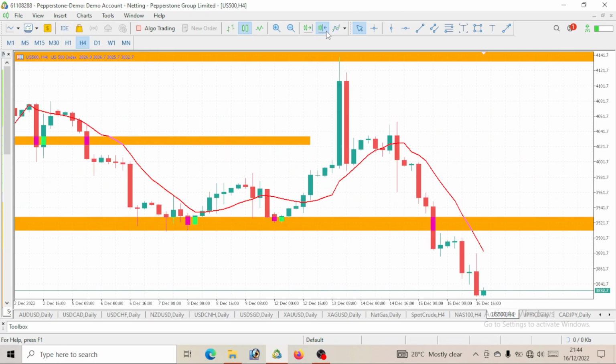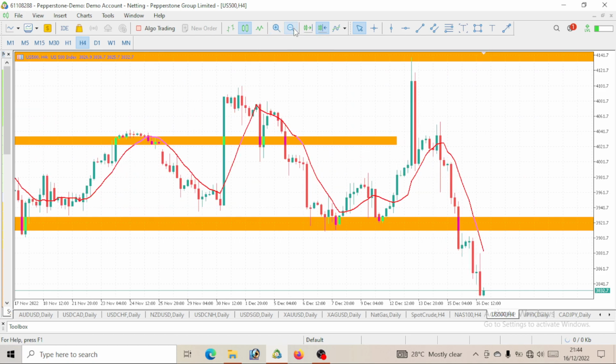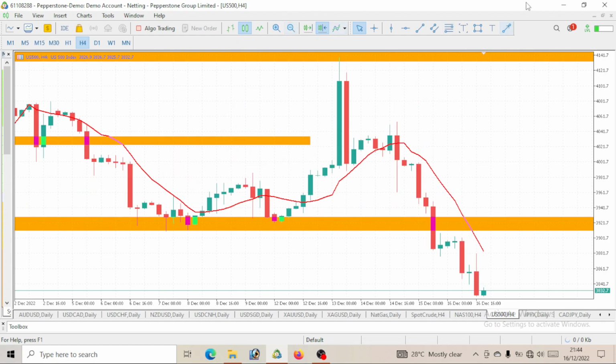Now let's see what this 4-hour time frame says. We would want to short and sell S&P 500, so we go to the 4-hour time frame. We clearly consider that this is a bearish move on the 4-hour time frame. Assuming we were seeing higher highs and higher lows on the 4-hour time frame and we wanted to sell, the advice would be to stay out of that trade and not place any trade. But clearly we can see lower lows and lower highs on the 4-hour time frame. So we can now take this as an opportunity to sell.